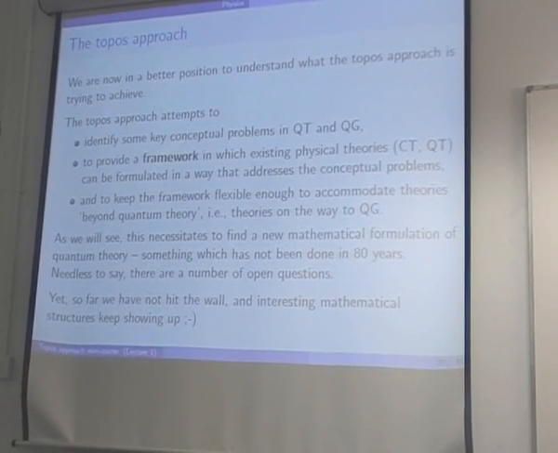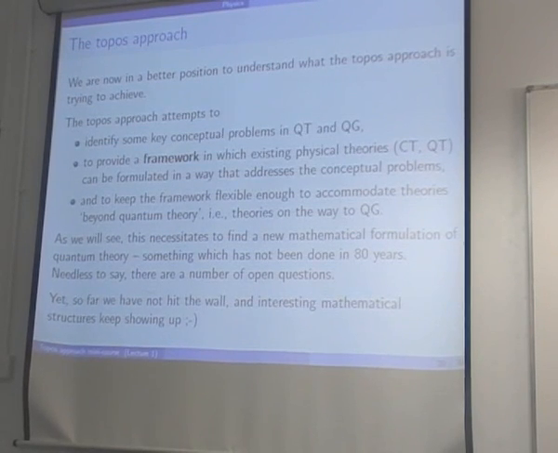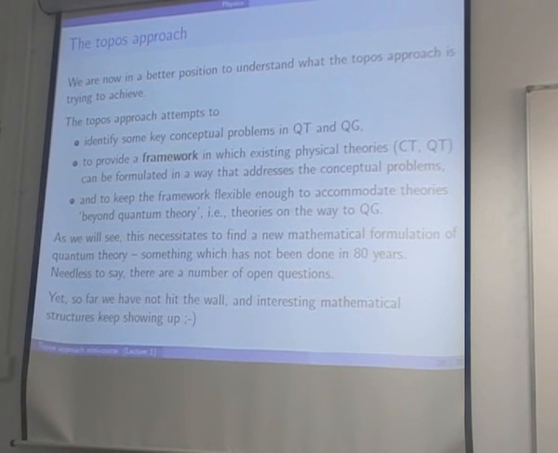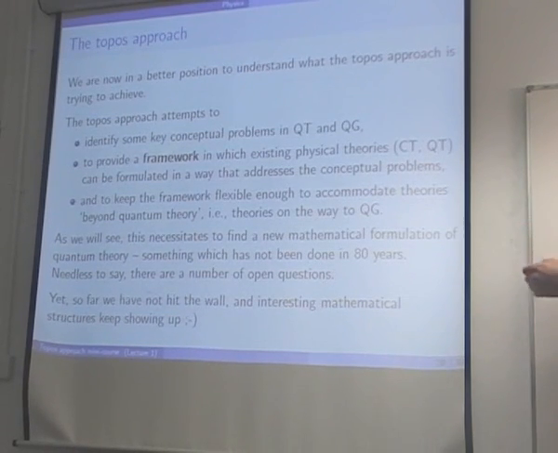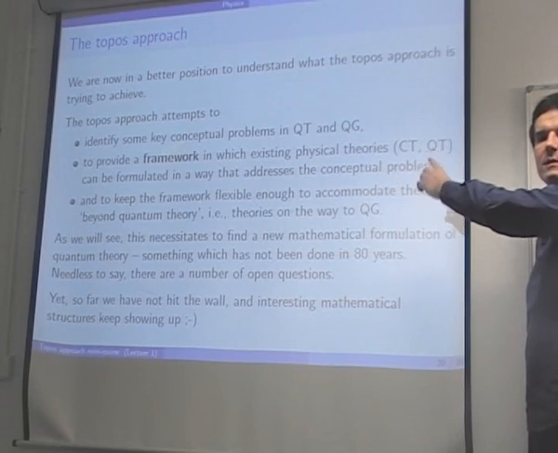Okay, so now we've taken a big tour through all of physics basically, and now I'm in a position to say what the Topos project actually is about, because that's where the motivation comes from. What we try to do is to identify some key conceptual problems in quantum theory and quantum gravity, and then to provide a framework in which, first of all, we can formulate existing physical theories, which are good theories that we know, like classical theory and quantum theory. Of course, in a way, addressing these conceptual problems,